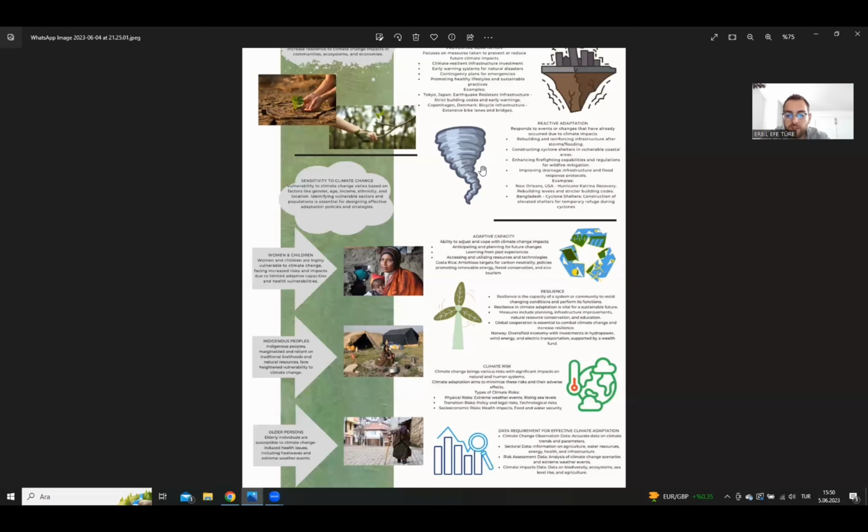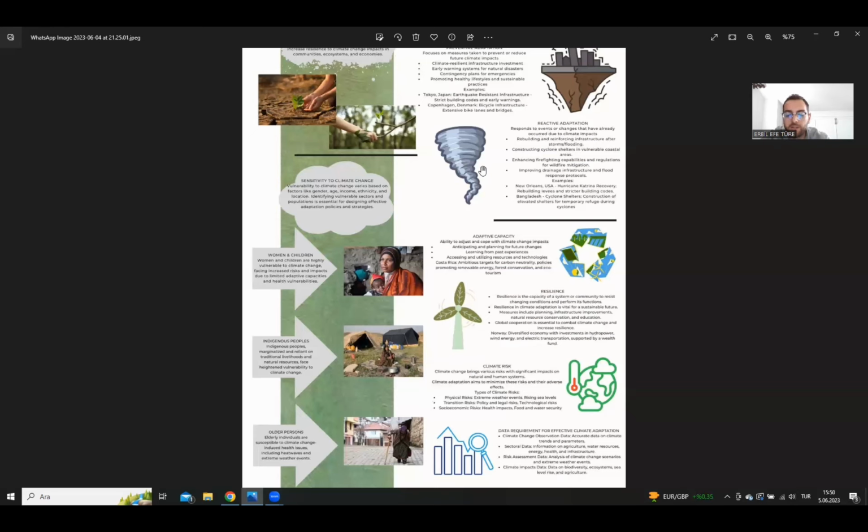Climate change observation data refers to information collected and analyzed to understand change in Earth's climate system over time. Sectoral data refers to information and statistics that are organized and analyzed based on specific sectors or industries of an